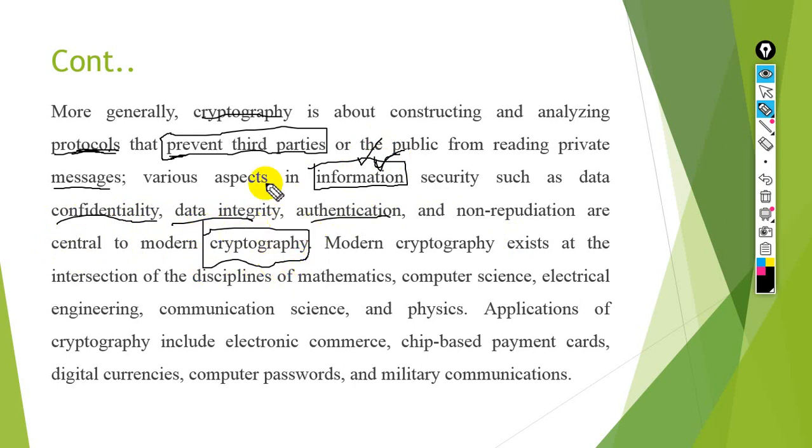All these properties are included for information security in cryptography. Modern cryptography exists at the intersection of the disciplines of mathematics, computer science, electrical engineering, communication science and physics. So what does it mean? It means that modern cryptography, the cryptography that we are using nowadays to make our communication secret, uses different disciplines. We are also using mathematics to